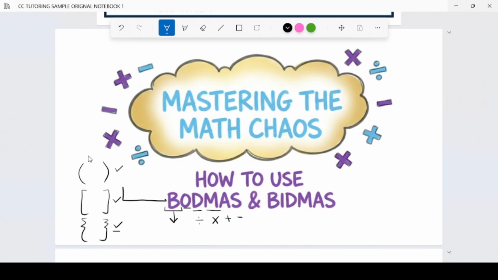B stands for bracket, that is round bracket, square bracket, curly bracket. This bracket is known as round bracket. This bracket is known as square bracket, and this bracket is known as flower bracket, or some people call it curly bracket. So B stands for brackets, O stands for order of the operation,